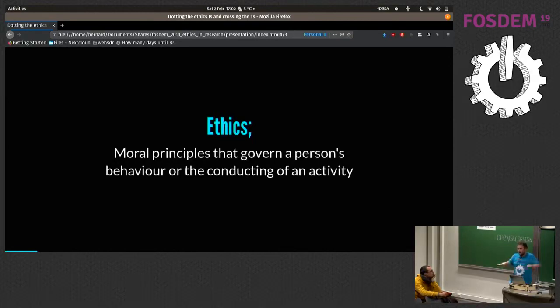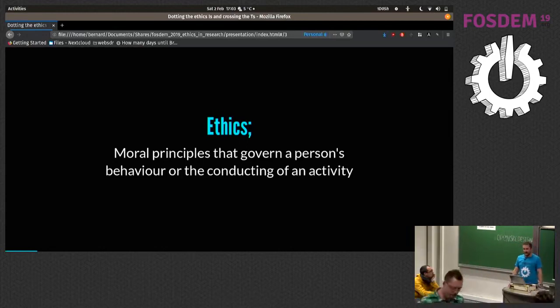That's the simplest, most straightforward definition. And because user research involves users who are normally human, there's a lot of things that have to be considered when you're doing user research. Because they're humans, you've got to treat them ethically.